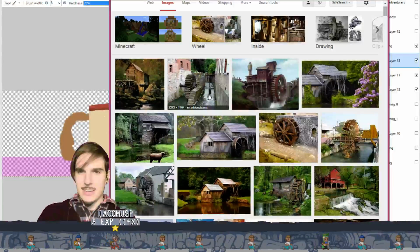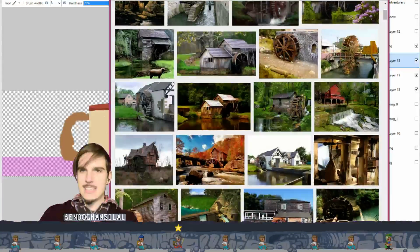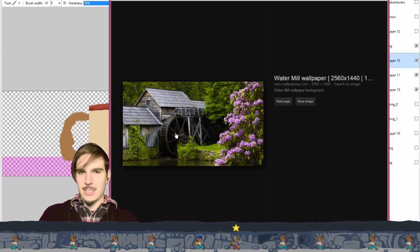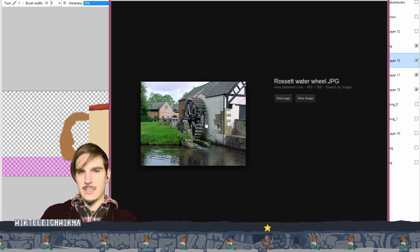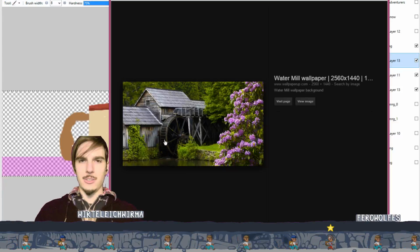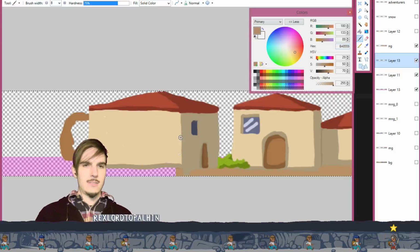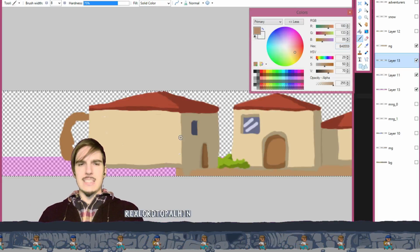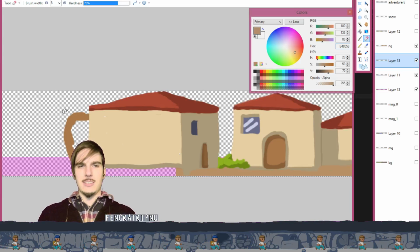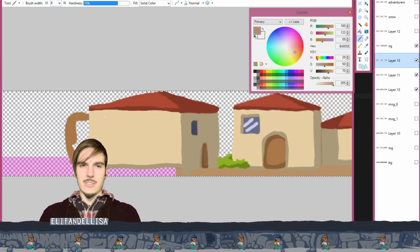I don't want to do anything fancy. It's basically just a giant wheel, a big wheel that sticks into the water. That's how I was imagining it to look. I think it's going to be the fuller kind, not like this one where it's empty or there are spaces in it. I was picturing the fuller, thicker kind. So it's basically going to be like this. That's pretty straightforward. I guess actually it wouldn't be quite so round because it's mostly pointed towards the camera. Oh yeah, it actually goes lower than I was